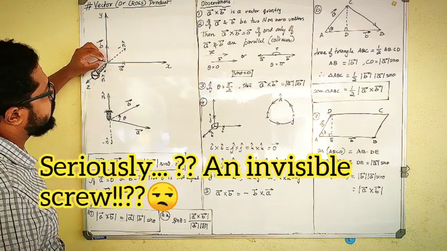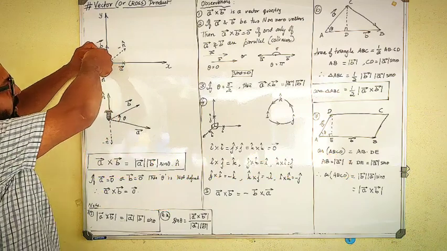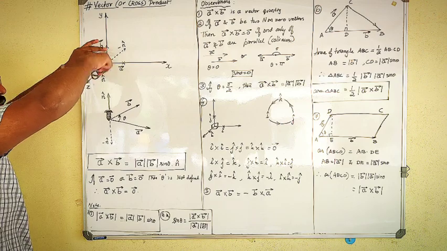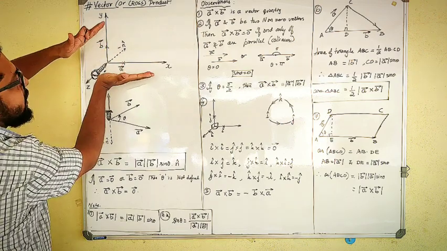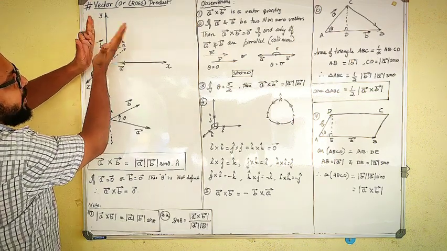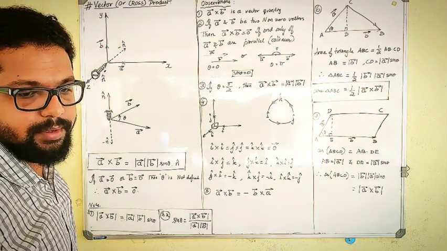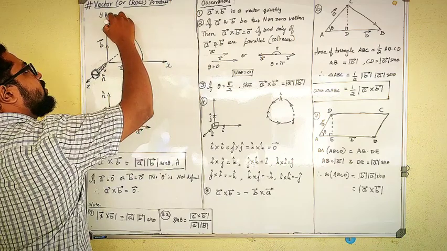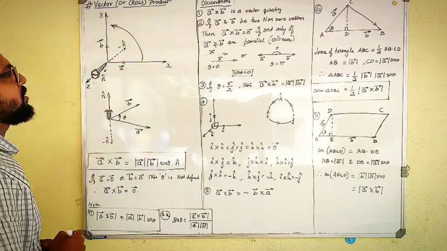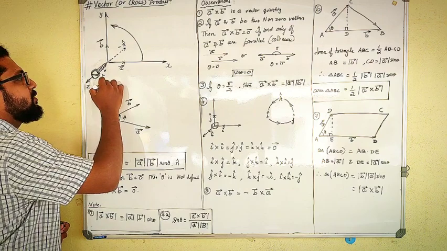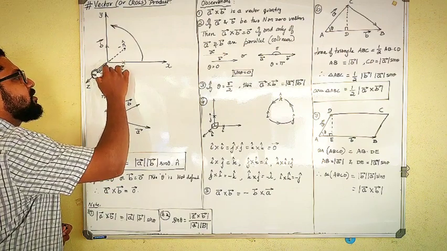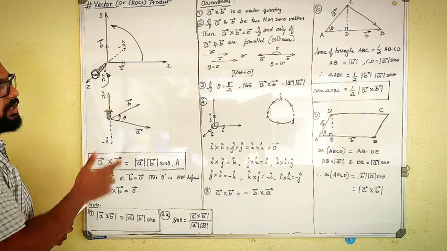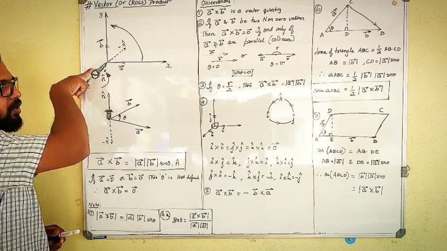Okay, this screw, I will put a screwdriver and rotate it anti-clockwise. That is, this x is made to fall on y. Correct? No? This x will be made to fall on y. The x-axis is made to fall on the y-axis. That is how my rotation will take place here. That is, this one is rotated in this direction, like this. Is it clear? The screw is rotated in the anti-clockwise direction.